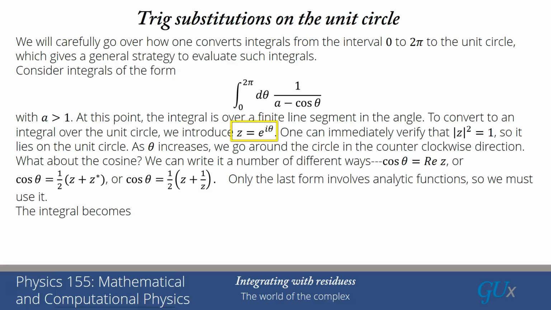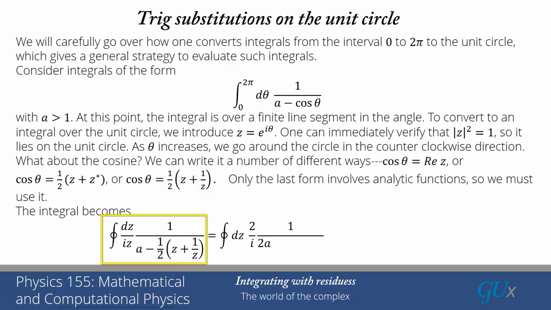Okay, so when we make the substitution, we're going to have to recognize that dz equals i e to the i theta d theta, which is equal to iz d theta, so d theta is equal to dz over iz, and that then allows me to write this integral as dz over iz, remember that's d theta, times 1 over a minus 1/2 z plus 1 over z, that's the cosine theta, and now I